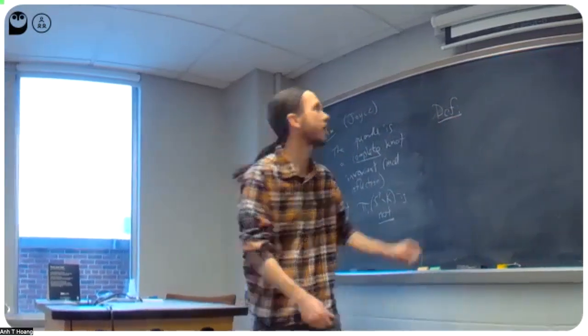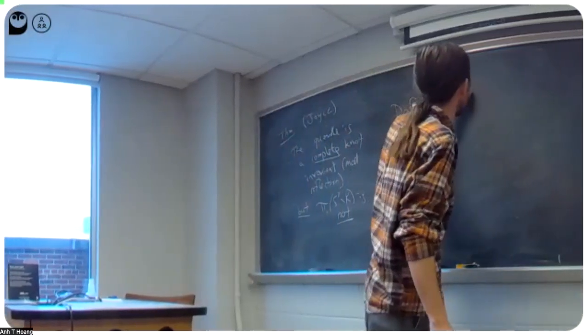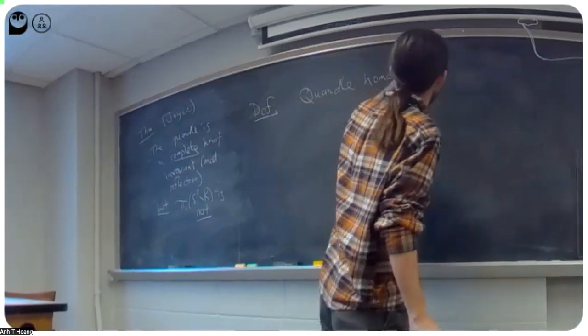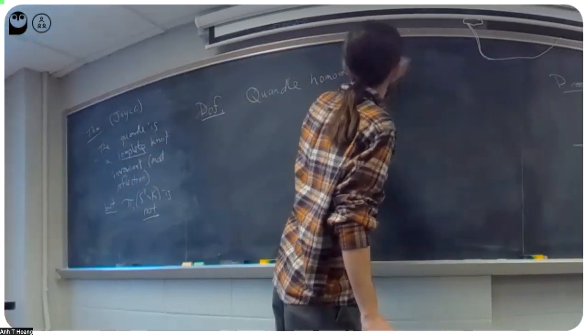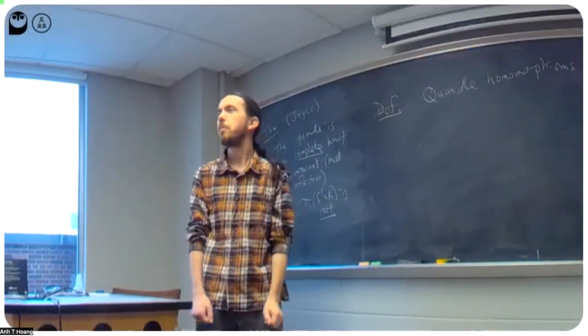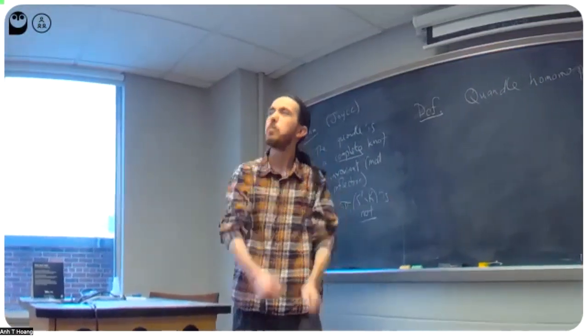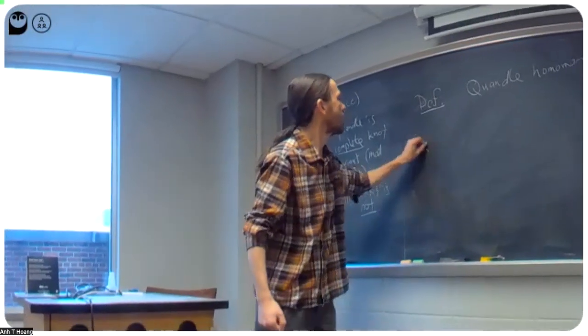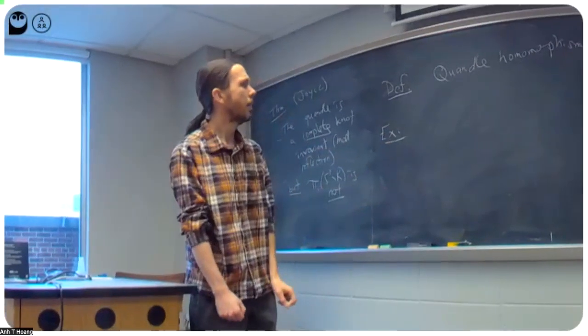So at this point, if I was teaching a basic class on this, I would give a definition of what a quandle homomorphism is. But it is what you think it does. It's a map between quandles that takes the operation to the operation. So as an example,